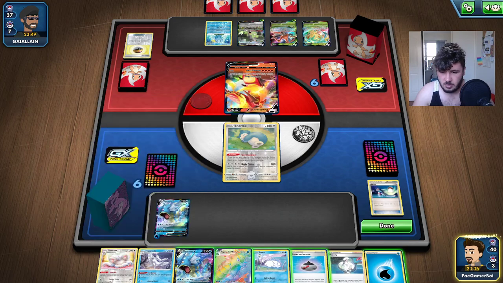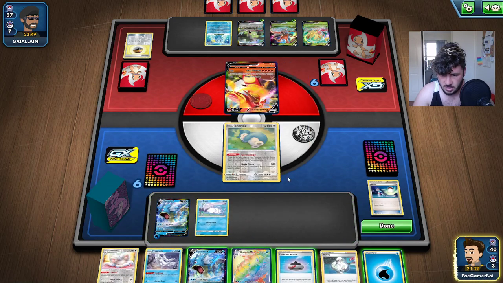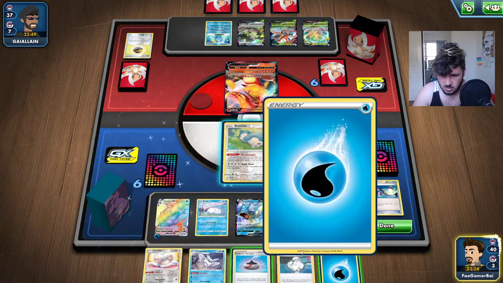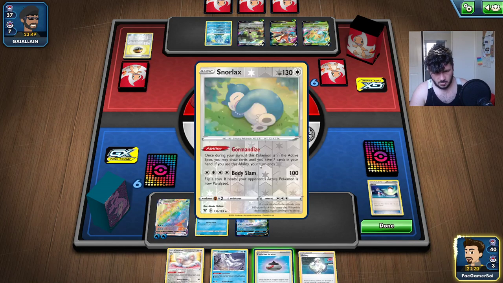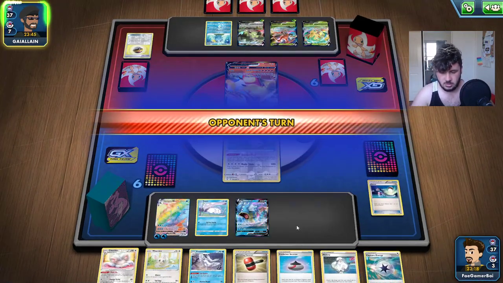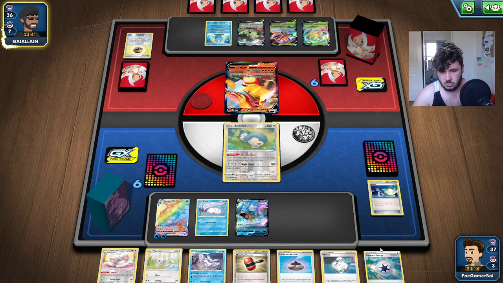Alright, I was going to grab a Minccino to set up our Cinccino, but I think Snorlax is just better though. Let's set up another Gyarados. It's VMAX the first one. Attach. And Gourmandize. It's going to be a bit of a slow start, but I'm pretty confident looking at both players' boards that we're in a pretty good position. Also draw Capture Energy, so getting Marnied here would be unfortunate, but...